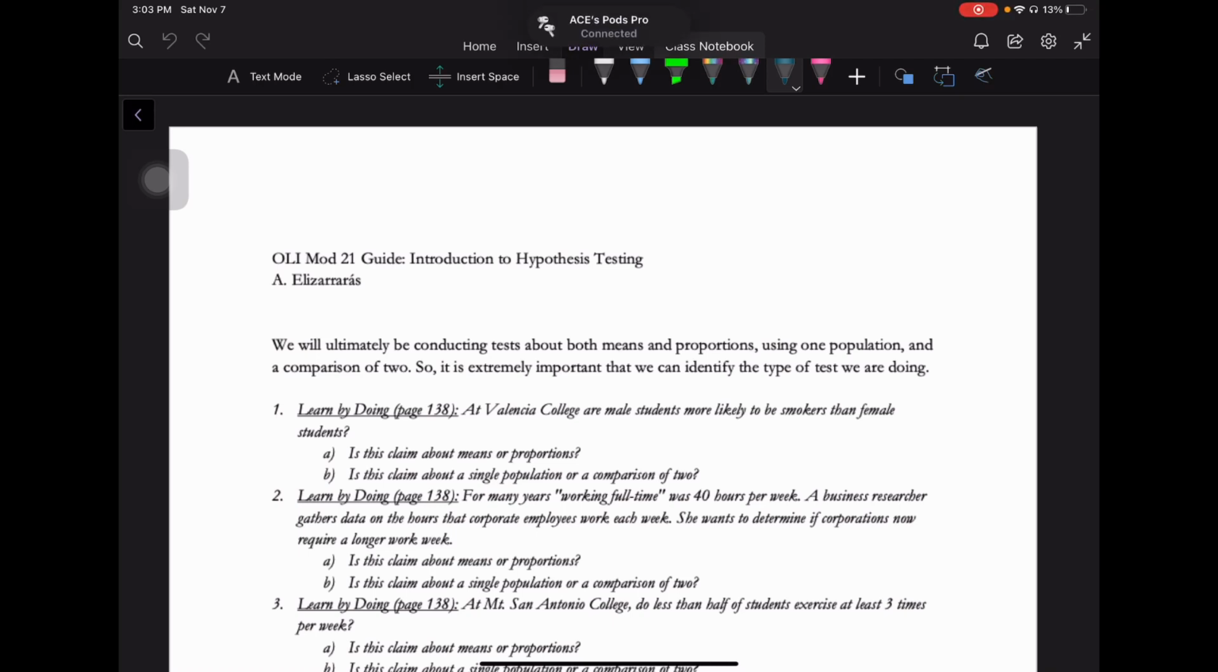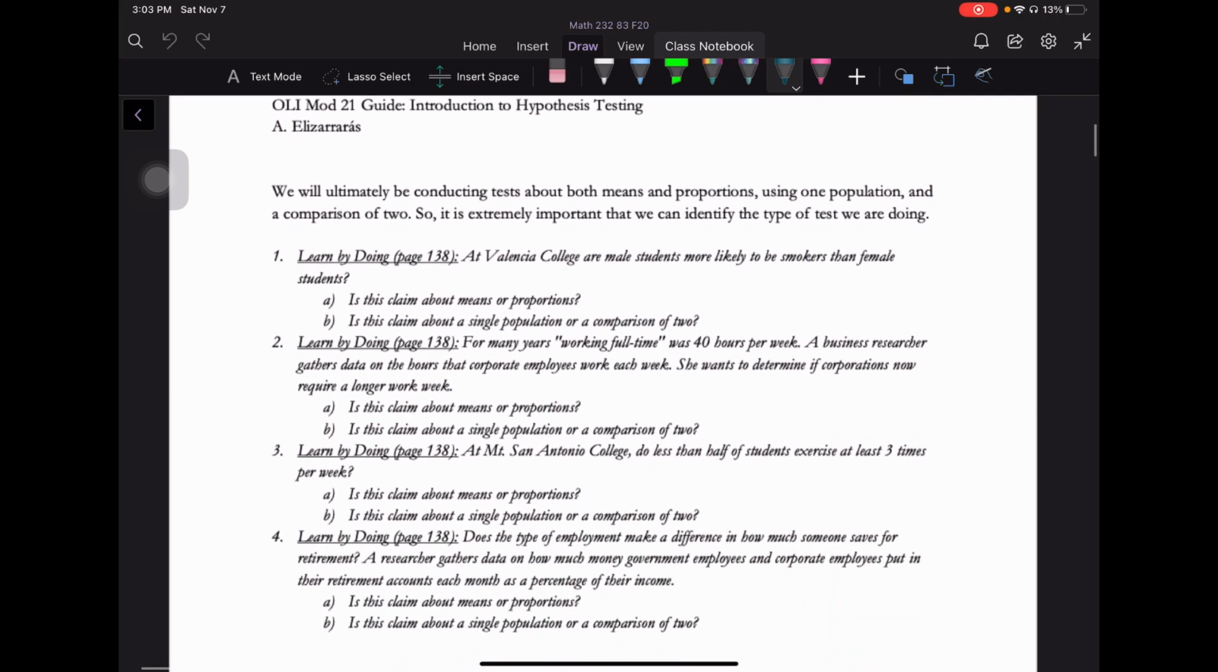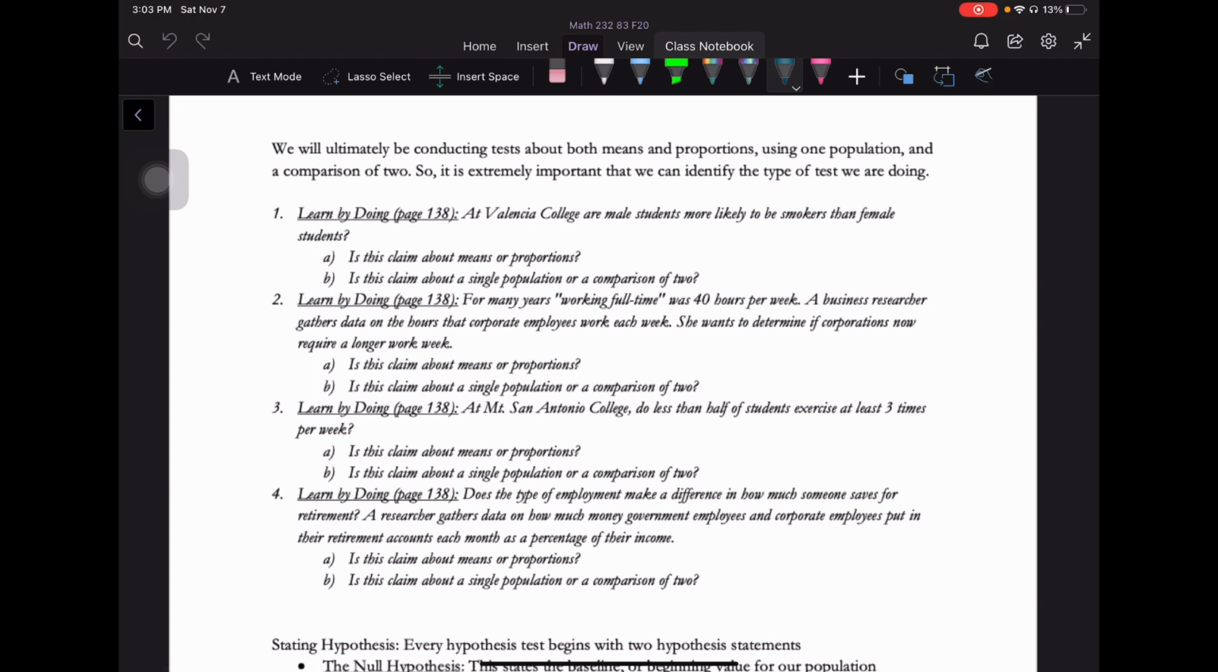Welcome. We are going to continue our investigation into inference by looking at how we can draw conclusions, whether a claim is true or not, and how we can deal with null and alternative hypotheses and make conclusions regarding proportions and means. Here we're going to be conducting tests about both means and proportions with two populations and one population. So we have to be able to identify what we're dealing with so that we can then perform the right